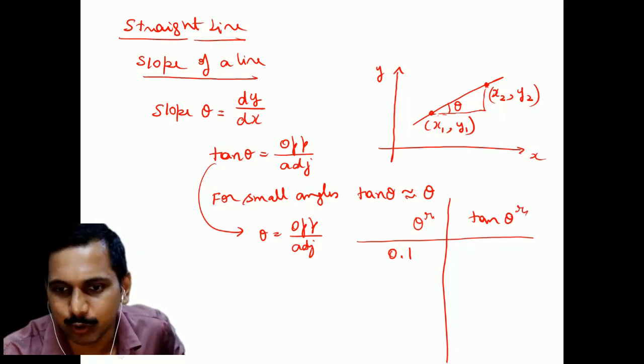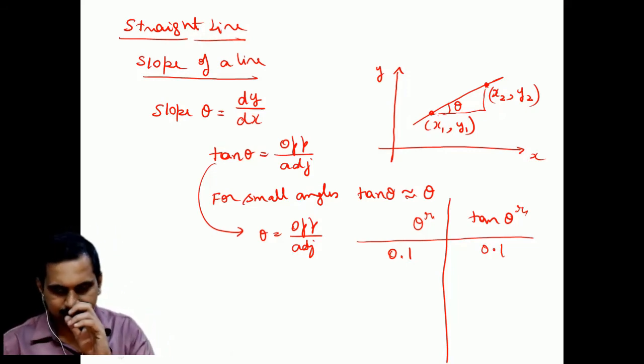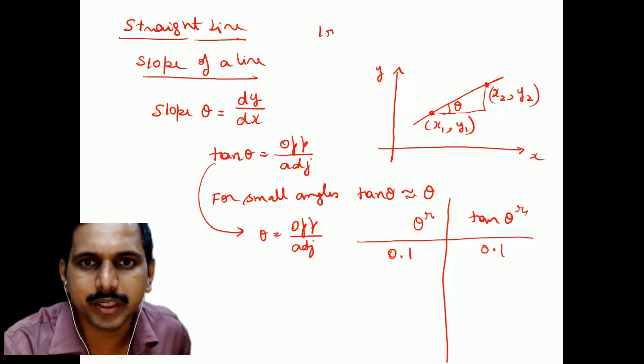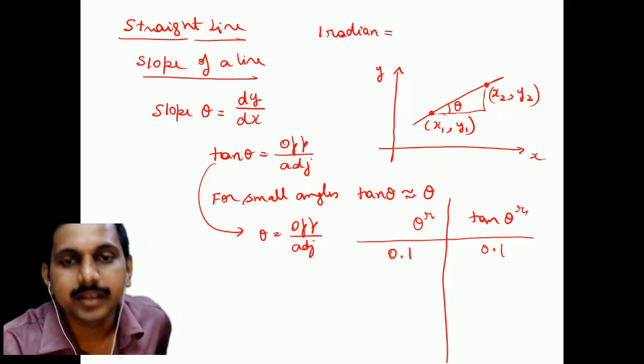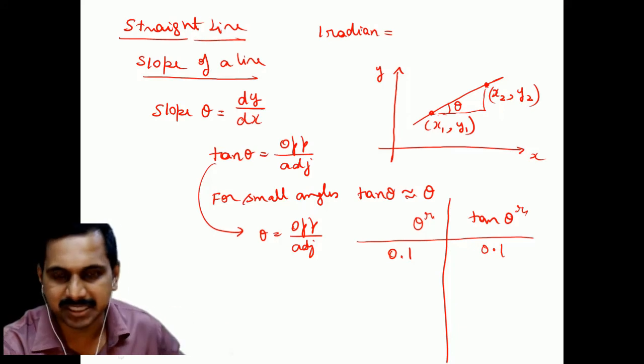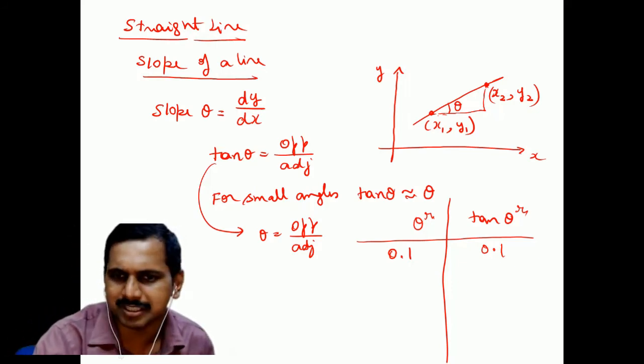What is 1 radian? I have told you last class. Students, please tell me. What is 1 radian? Arc length divided by radius. Exactly. 1 radian is, if the arc length is equal to the radius, then the angle subtended is 1 radian. Very good. Super. So I'm just checking out all the basics. Don't feel bad if I'm telling you something which is very, very basic.